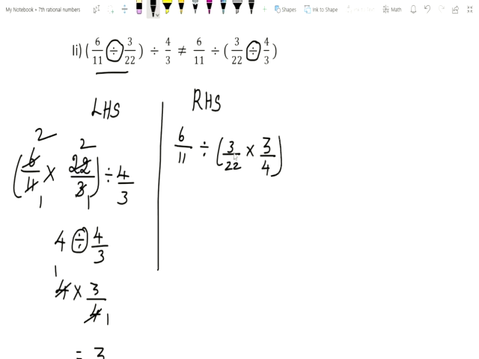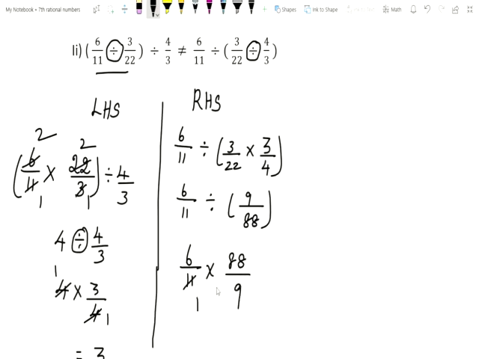Now are there any other possibilities to cancel this? 3 by 22, there is no chance. 3 by 4 also there is no chance, and crossly no chance. So what do you want to do? You have to multiply. So 6 by 11 divided by 3 3s are 9, 4 2s are 8, 4 2s are 8. Now I am going to divide. Instead of division I am going to multiply, so I have to take the reciprocal. The reciprocal of 9 by 88 is 88 by 9.